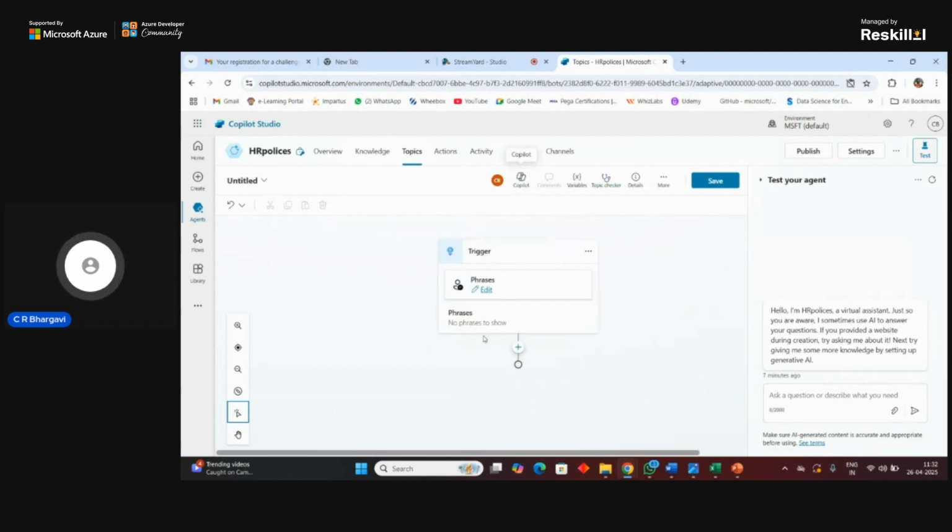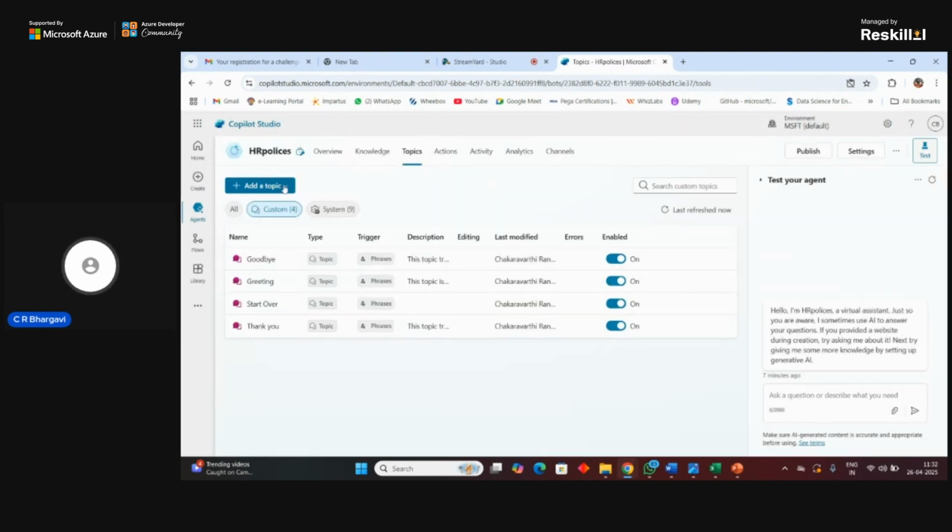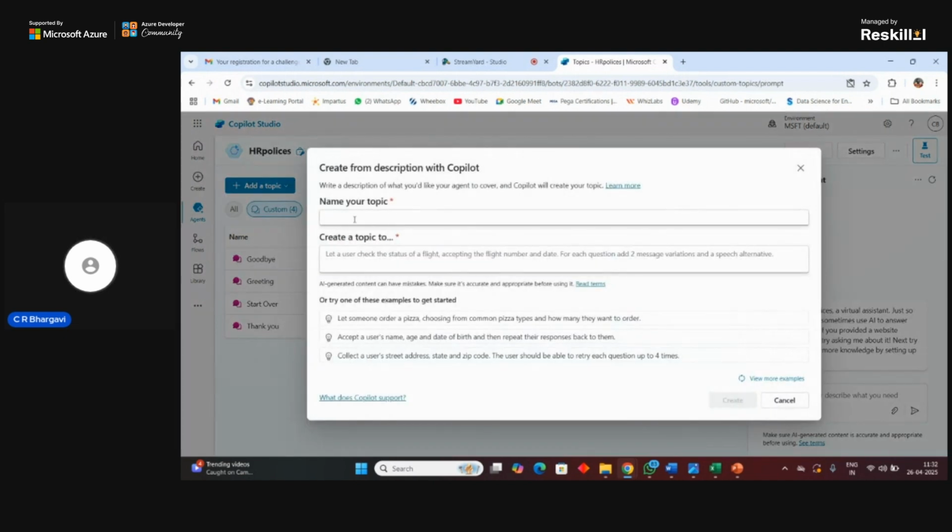Once you are done with all these things, it also provides an option that you can generate a topic with the help of the copilot itself. You just have to give your topic name, and then tell it what you are trying to create.